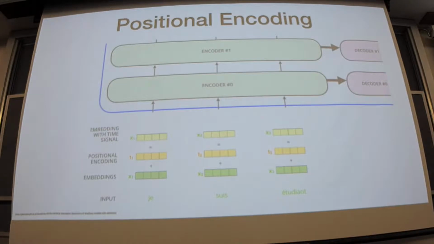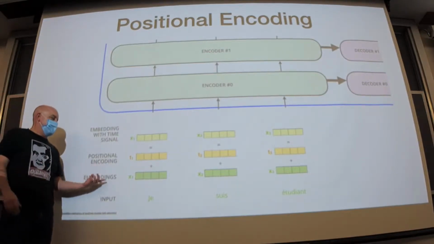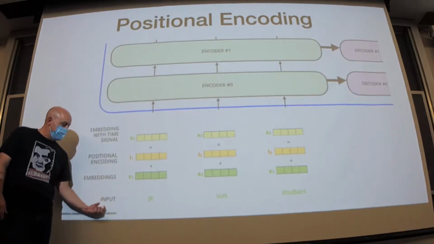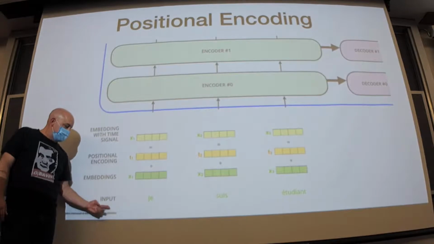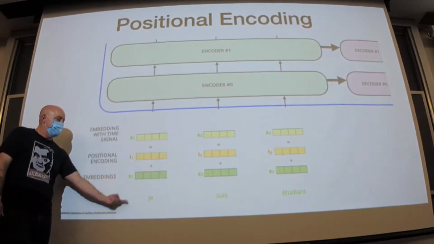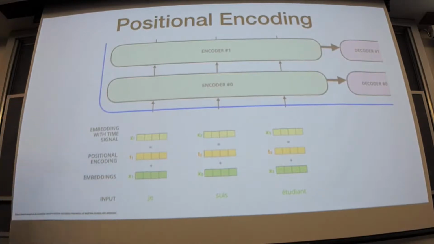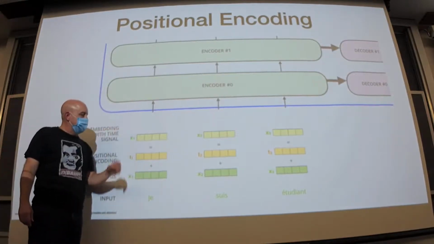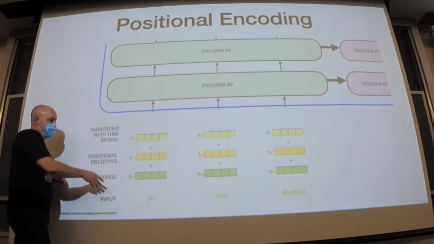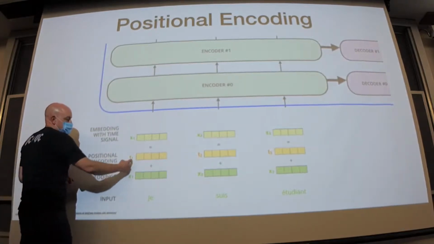So again, one of these empirical tests that seem to work is that you have some way of converting your token into a vector, and the typical way this is done is through byte pair encoding. But you don't just input that directly into the first encoding layer. You add to it, which is super weird,